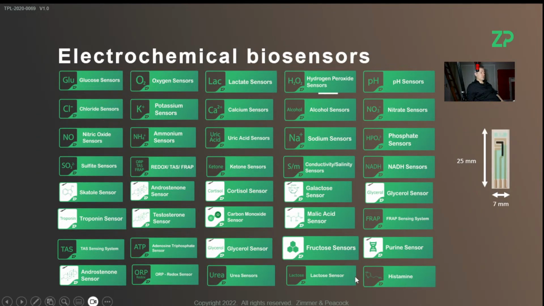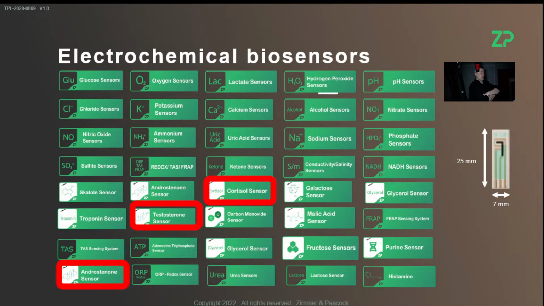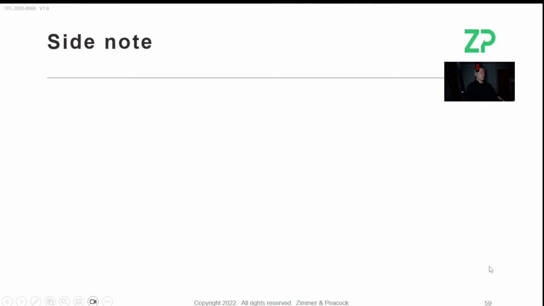So we do have a whole bunch of electrochemical sensors. If anyone's interested in doing hormone sensing with us, we have the cortisol sensor, which has had a lot of work put into it. Also the testosterone sensor, we do have customers on that. And I have done some work in the past on a hormone that's related to something called boar taint, which is androstenone. There's also another marker for boar taint, which is called skatole. Different conversation, not today, but we do have some hormone experience.